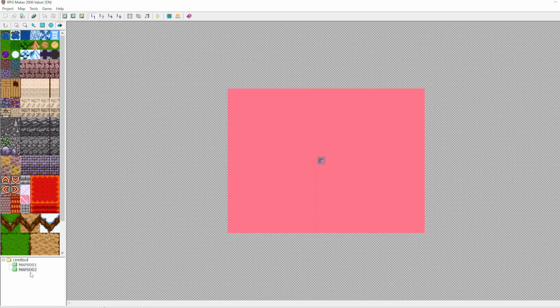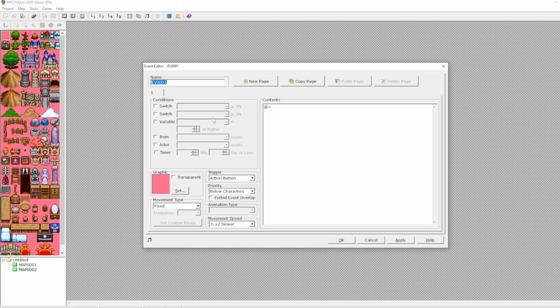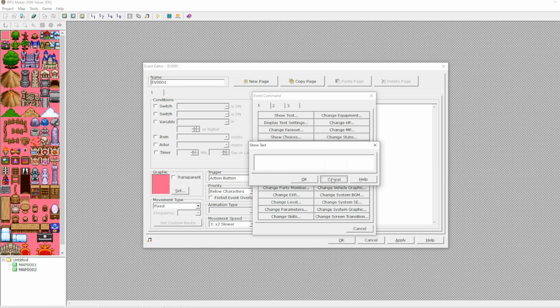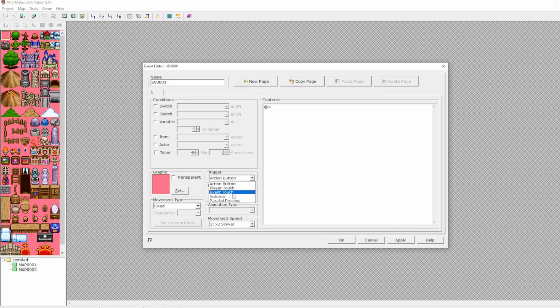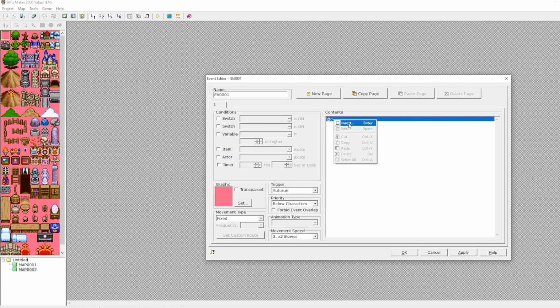Now let's move on. You go right click, create event. Make sure it's auto run. I mostly use auto run. I'm not the expert yet, but I haven't tried parallel process yet. Auto run is easier to execute the events. So let's say auto run when you're starting the game because your character was here, and make sure like